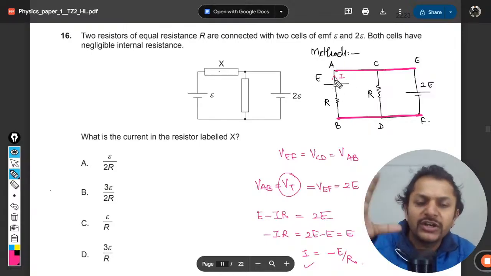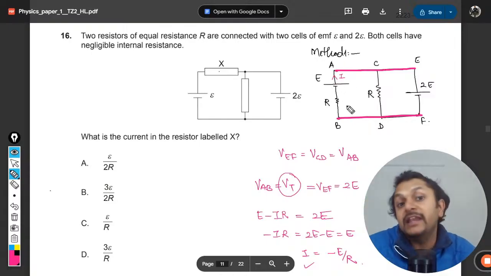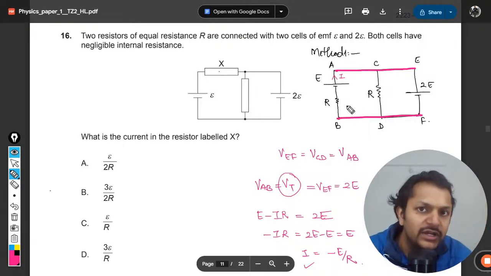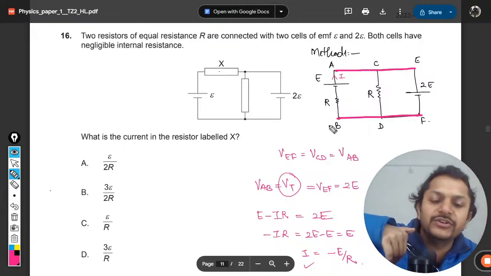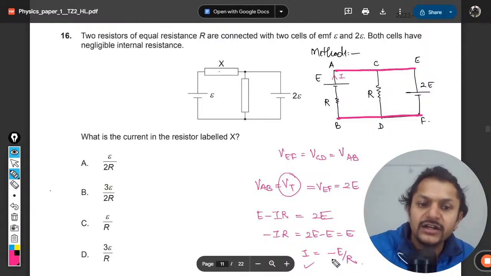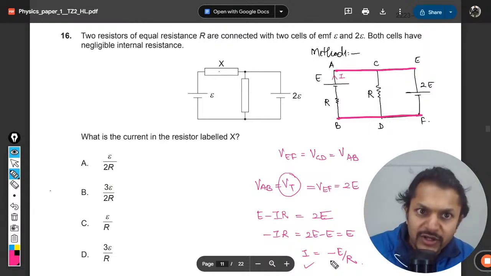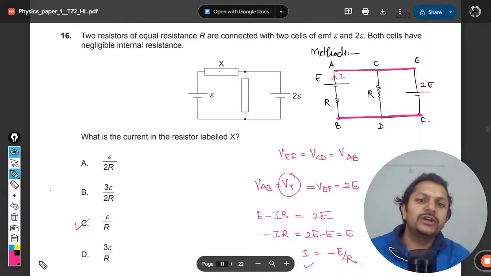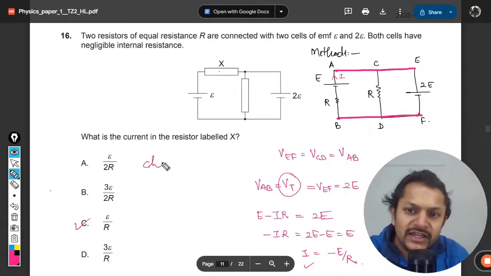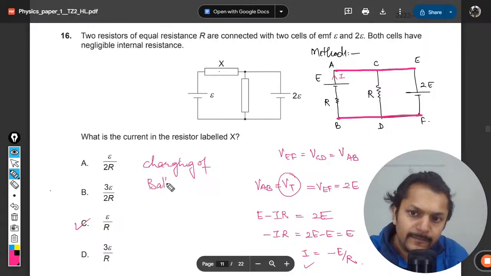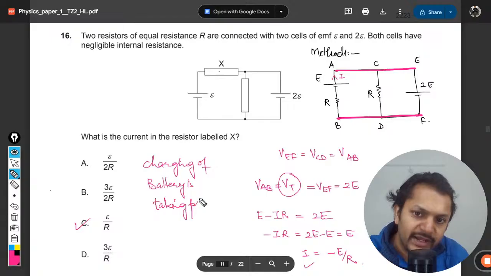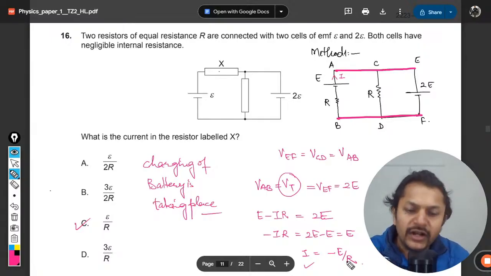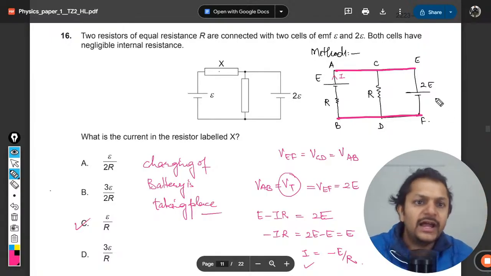This direction was not given. We just assumed it. That might be that the current is going out, but that is not the case. The current is moving in the opposite direction. That is why the direction of this current is coming out to be negative from our equation. But the magnitude will be E by R. It means E by R is the correct answer, but the charging of the battery is taking place with the help of a current of the magnitude E by R,